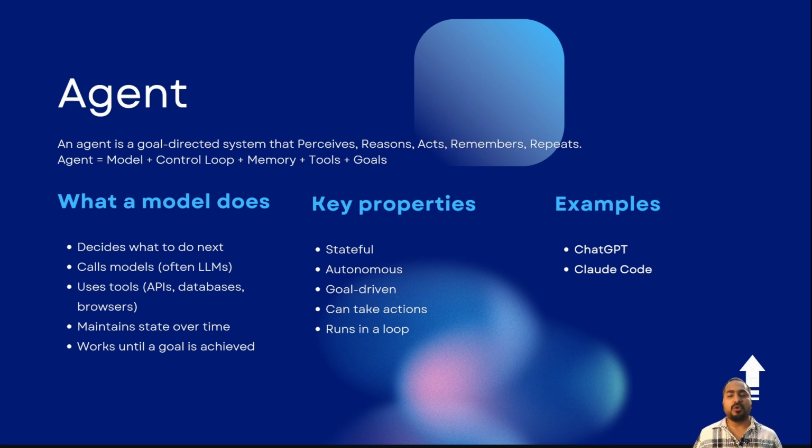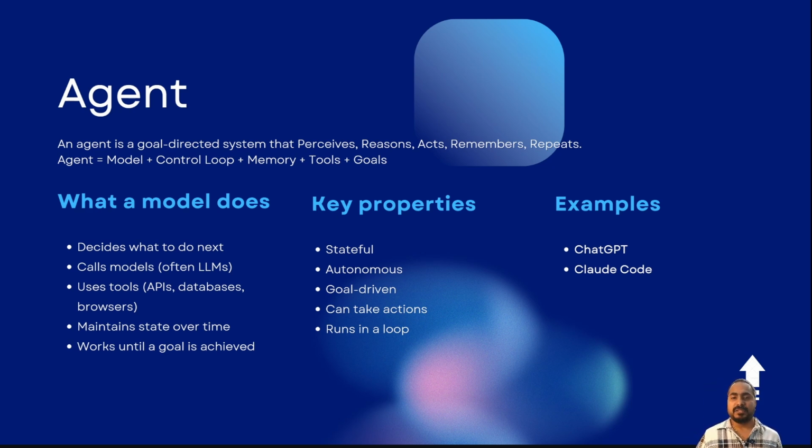Why does this distinction matter so much? Reason 1, understanding capabilities. When someone says AI can do X, ask yourself, is that a model capability or an agent capability? Models are getting better at reasoning, but agents are getting better at doing. These are different trajectories. Reason 2, the future is agentic. The most exciting developments in AI right now are in agents. OpenAI's vision for AI assistants that can take action, Claude Code, etc., and computer use. The explosion of agent frameworks like LangChain, LlamaIndex, AutoGen, etc. We are moving from AI that responds to AI that acts.